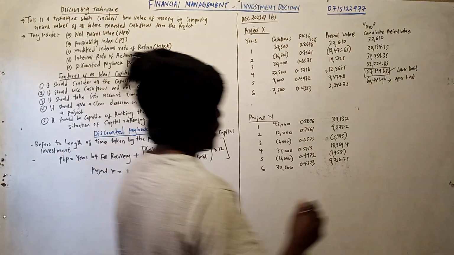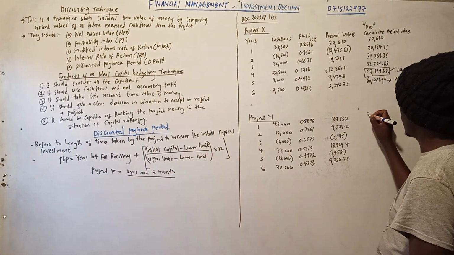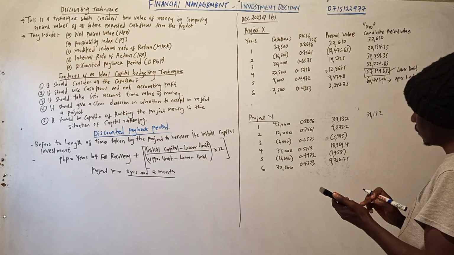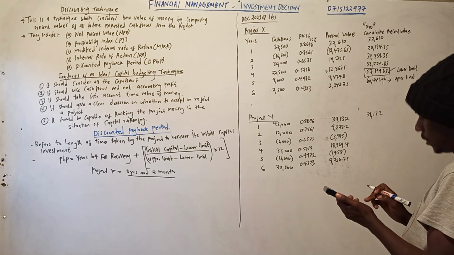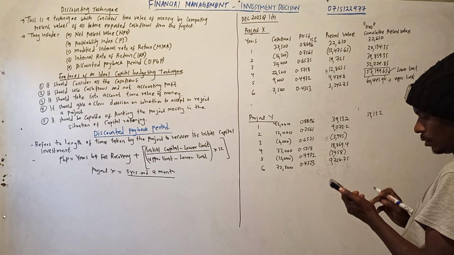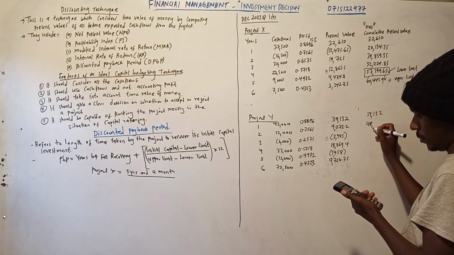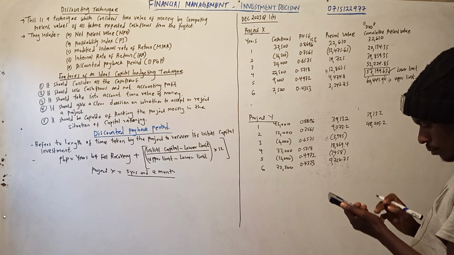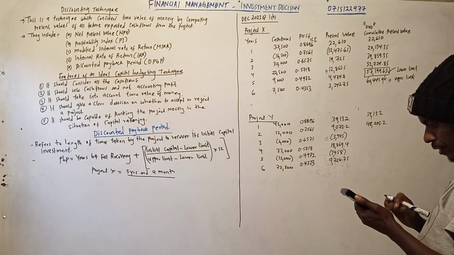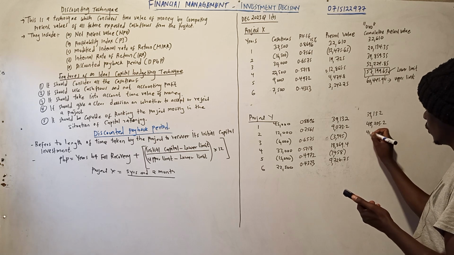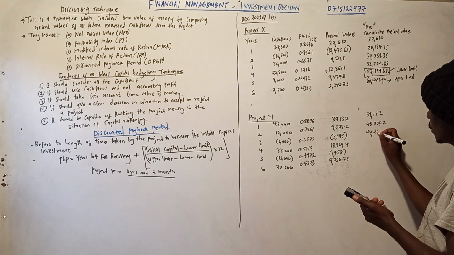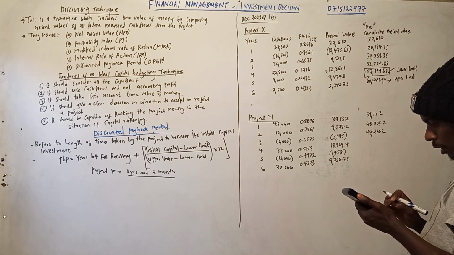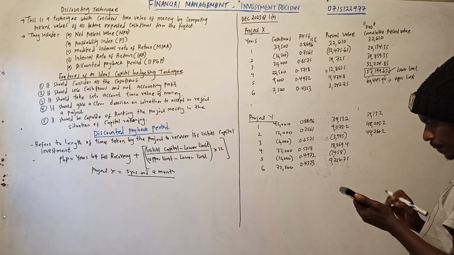Now cumulative, the first one remains 39,132, plus 9,073.2, which is 48,205.2, minus 3,945, which is 44,260.2, plus 18,869.4, which is